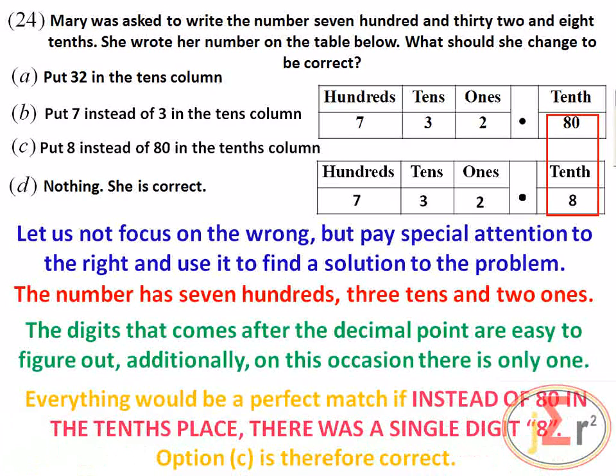Everything would be a perfect match if instead of 80 in the tenths place, there was a single digit, which is 8. So it would be perfect. Everything else is the same, except that 80 in the 10th position. So we need to replace that 80 in the 10th position with the correct thing, which is just to have 8 in that 10th position. The correct answer is therefore option